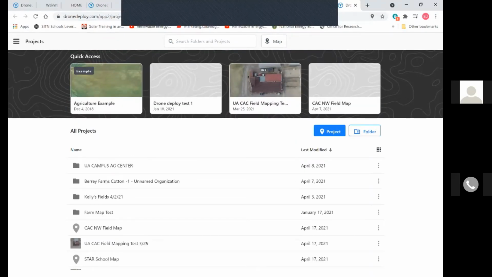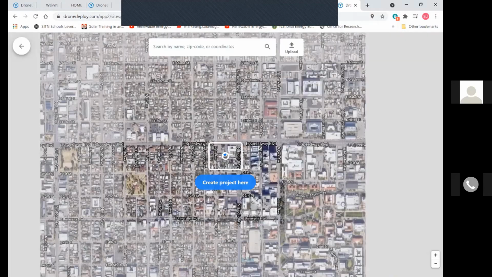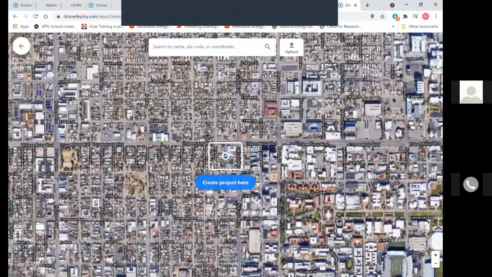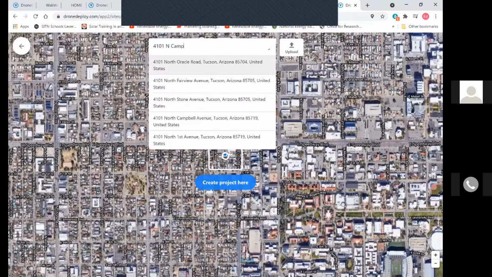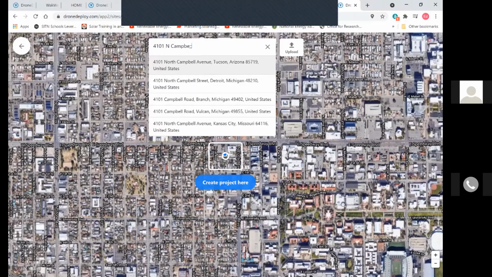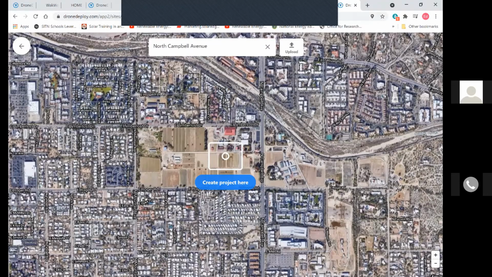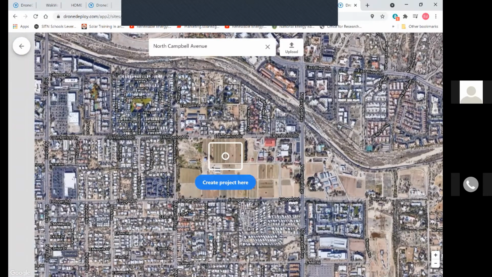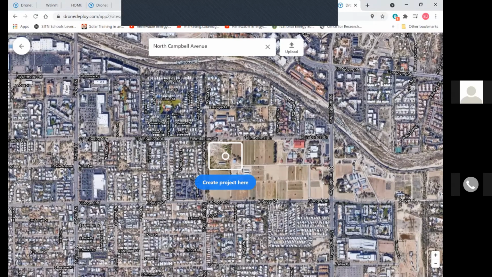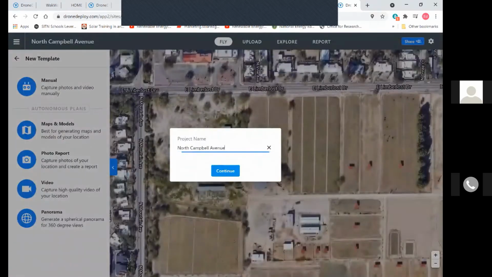Trent, are you looking at the DroneDeploy app right now? Yes. Okay, so I'm going to go ahead and just show a quick project here. I'm going to put in the Campus Ag Center. Okay, so this would show us, here's the Campus Ag Center. And I want to go over to a part of the property. I'm going to go ahead and create a project here. And I'm going to call it the Northwest